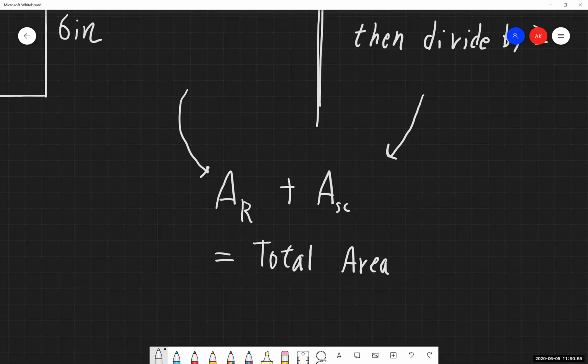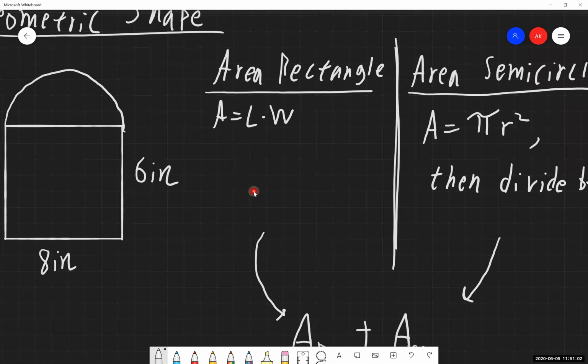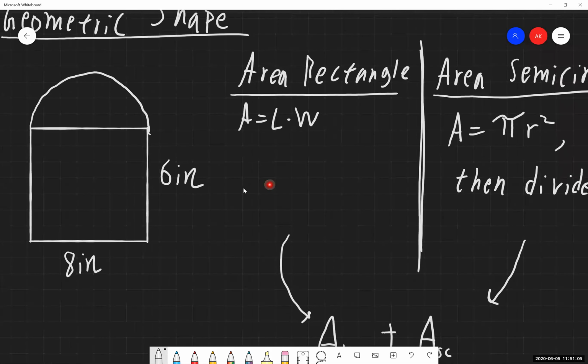So again, the raw numbers with this, I'm looking at our time here. I don't want to keep you guys longer than our regular allotted time. But with a lot of these geometric shape problems, you want to break them down into smaller parts that you know you can solve on your own. You guys know how to solve for the area of a rectangle. I know you guys know how to do that. The area of a semicircle, okay, you can do that with a little bit of modifications to it, that's fine. And then once you have each of these parts, you bring them all together for the final answer there.